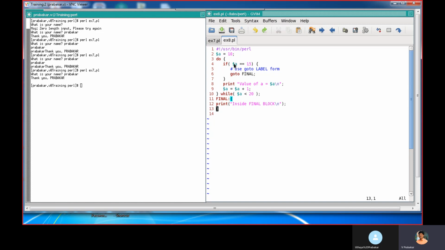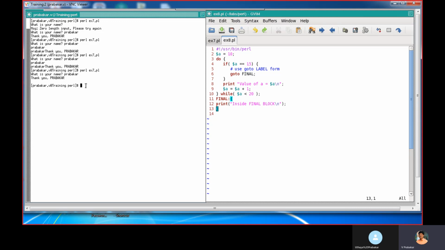Likewise it will check. When the value reaches 15, it will enter into this if condition. So here we mentioned goto final. So it will go to this final label block, and it will print "inside final block".